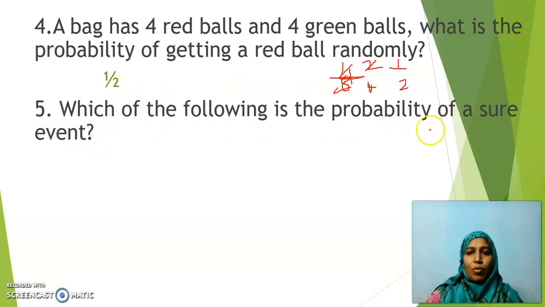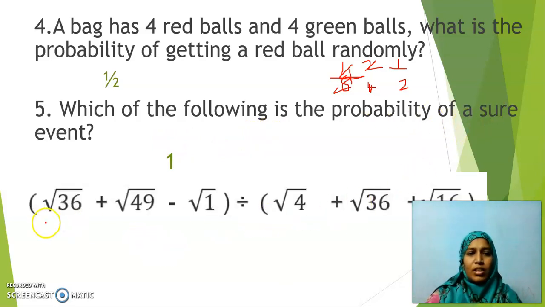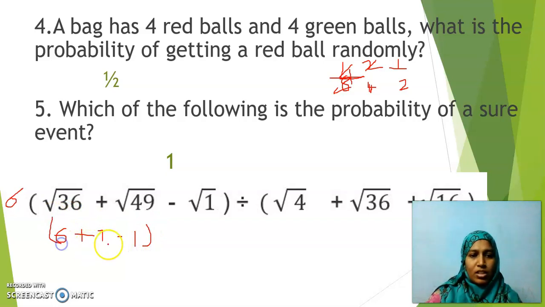Then, which of the following is the probability of a sure event? Sure event probability is always 1. Impossible event means it is 0. Okay, next, sixth question is root 36. What is root 36? 6. What is root 49? 7. What is root 1? 1. This is in one bracket. Now next, divided by,